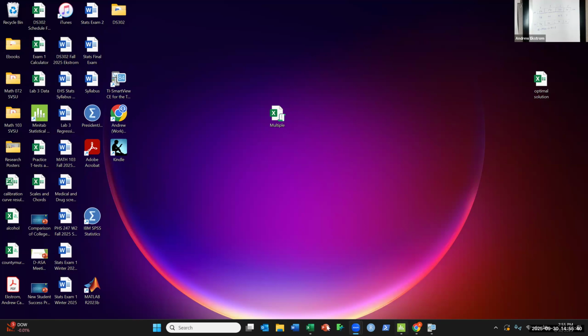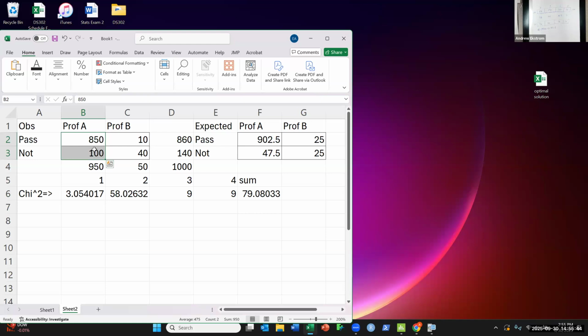We can actually go back and use our Excel spreadsheet. Even though it's not written out in a row like we have it there, we can put our numbers for what we observed and what we expected here, and it's going to calculate everything correctly. It's just that the titles that I have here and the titles I have over here are going to be wrong. But if I wanted to, I could say